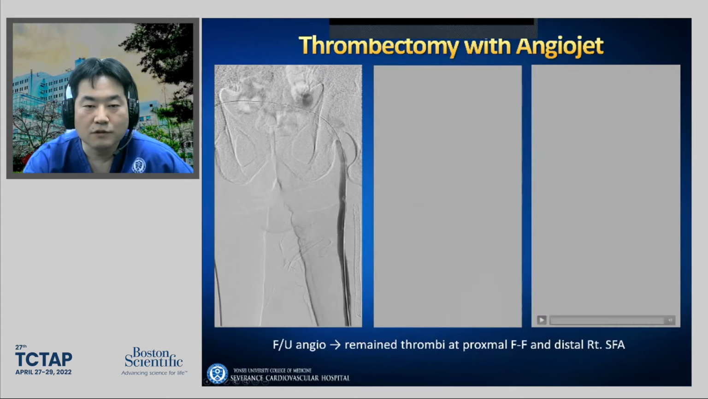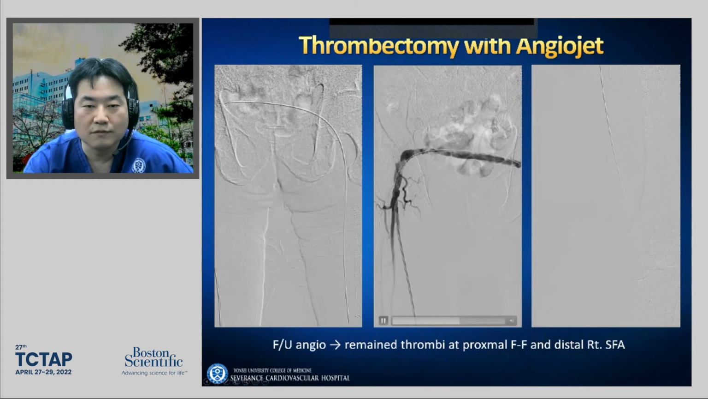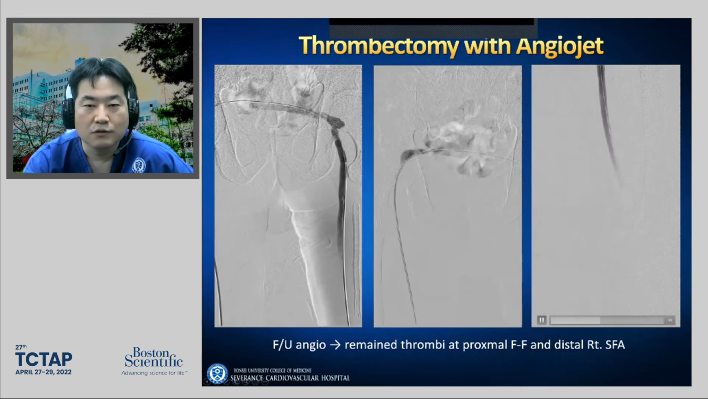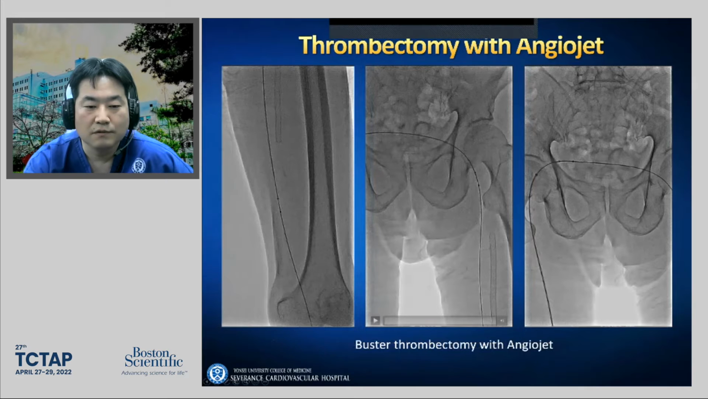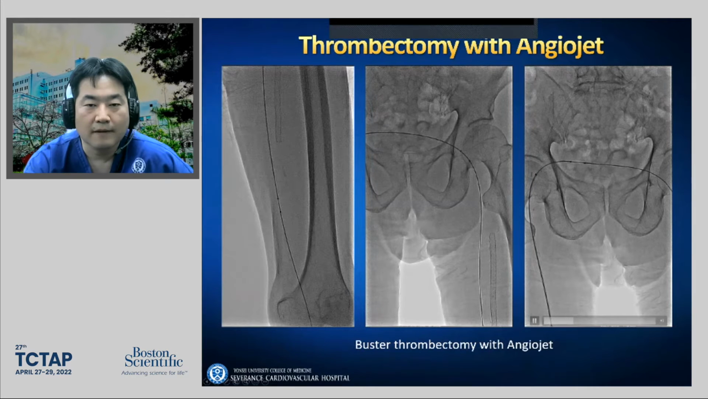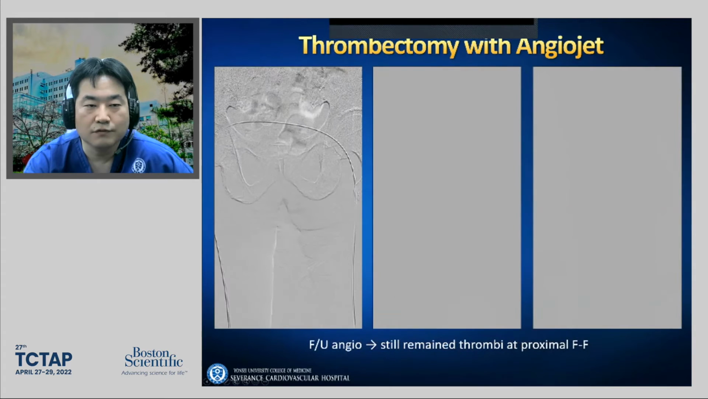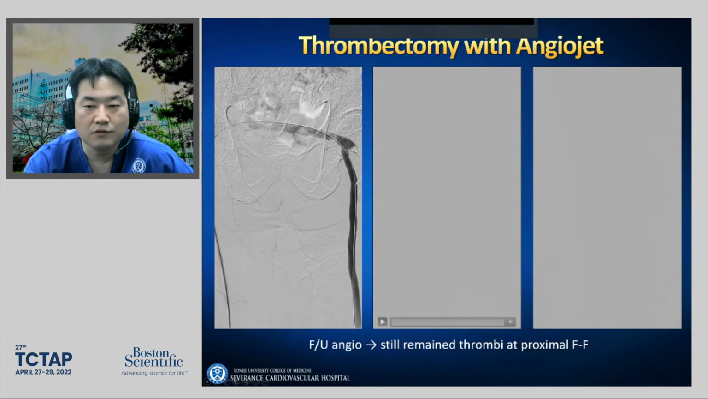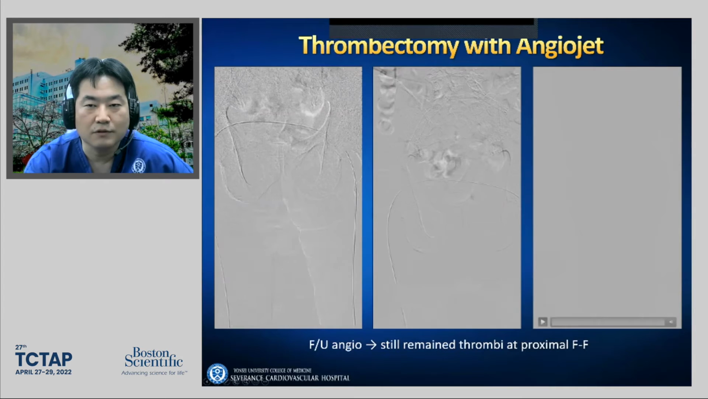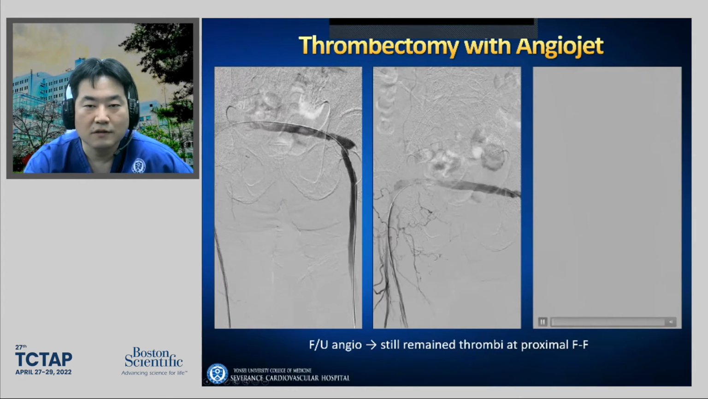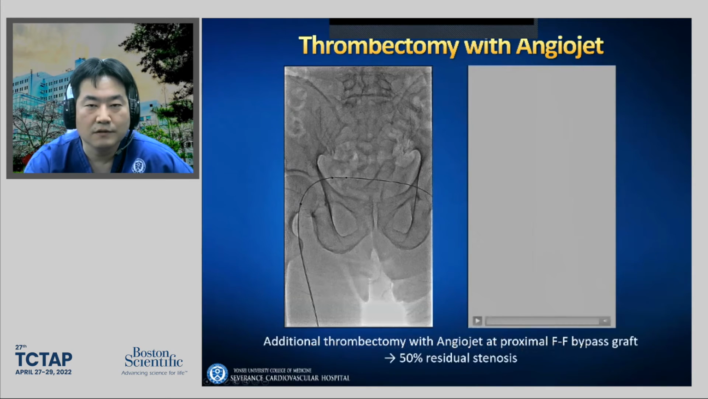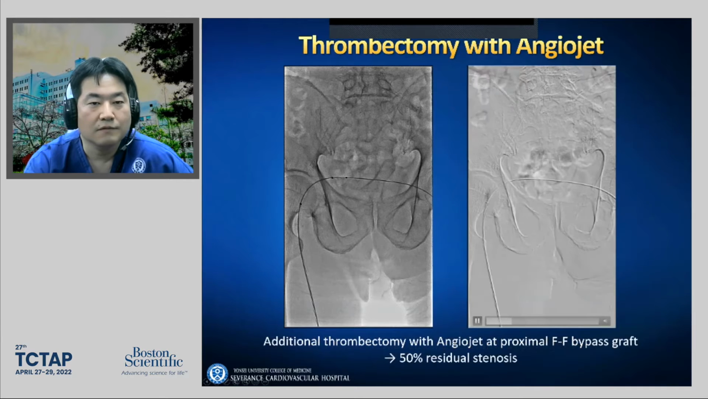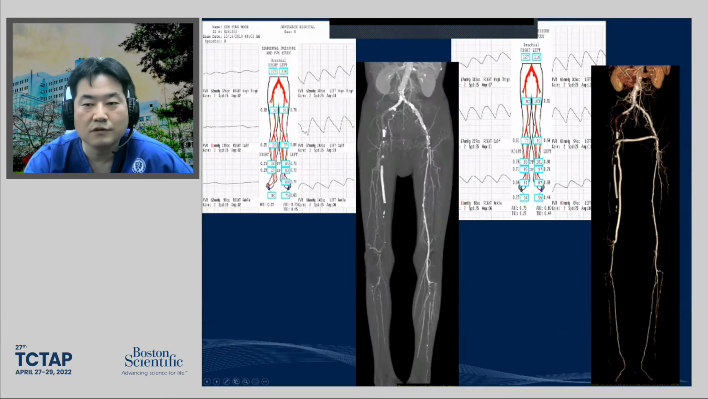And there was some small residual thrombus at the fem-to-fem bypass. So we performed another AngioJet procedure. And then finally, the flow was much improved, but the residual stenosis was treated by balloon angioplasty. It's another thrombectomy. And finally, the flow was improved, and the CT